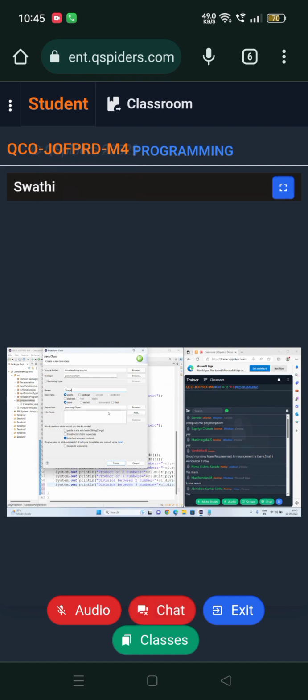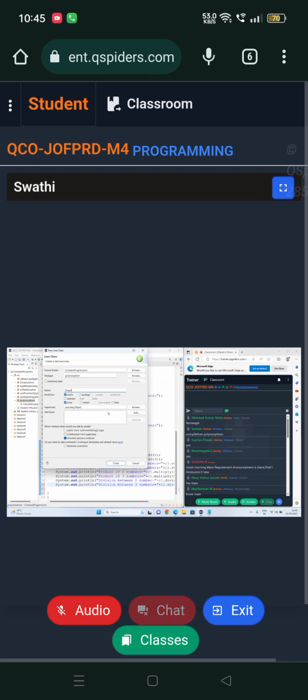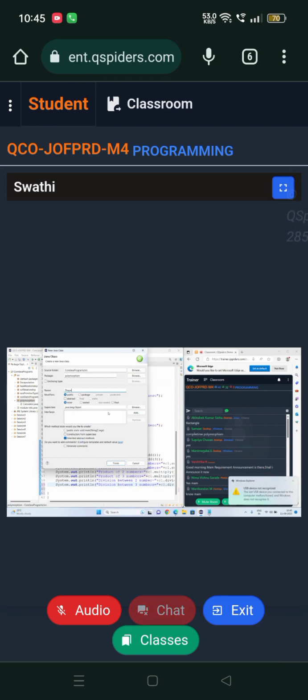Now, can you tell me one example for quadrilateral? Or let's take rectangle. Yes, square is also a quadrilateral, isn't it?